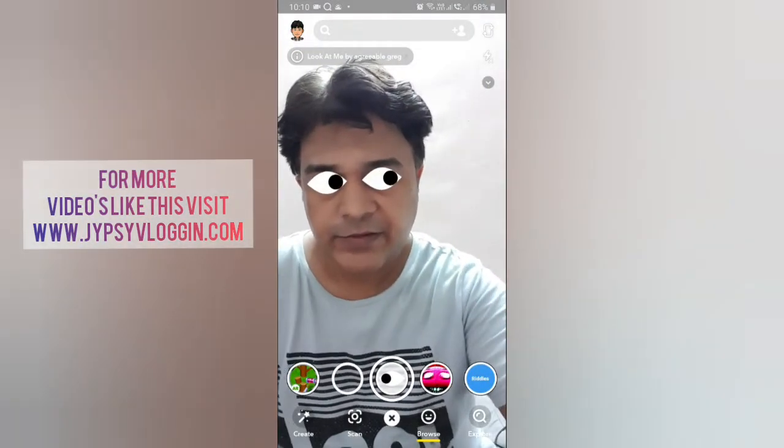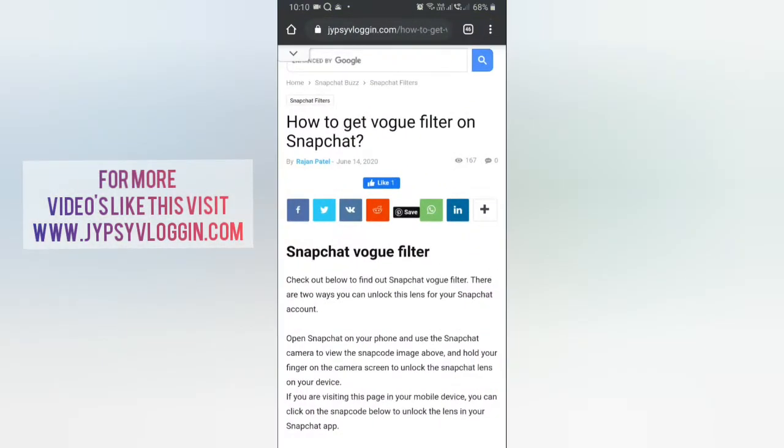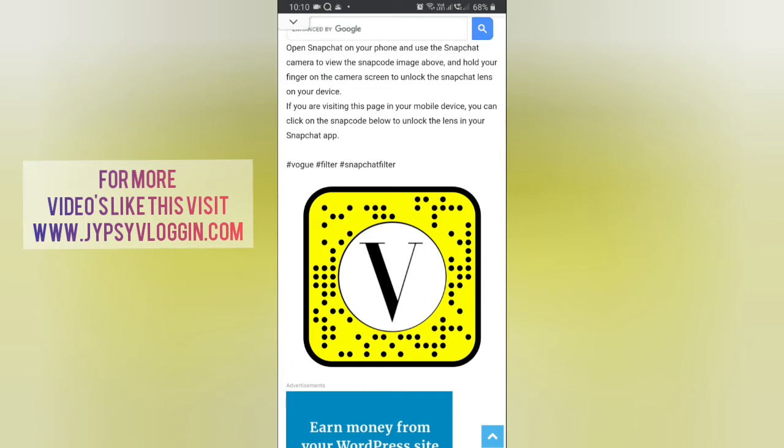Okay, so to get this effect you can visit this website. Link to this website is in the description box below. If you are browsing this website in your laptop or PC, you can scan the snapcode with your Snapchat mobile app. And if you are browsing this website in your mobile, just tap on the snapcode